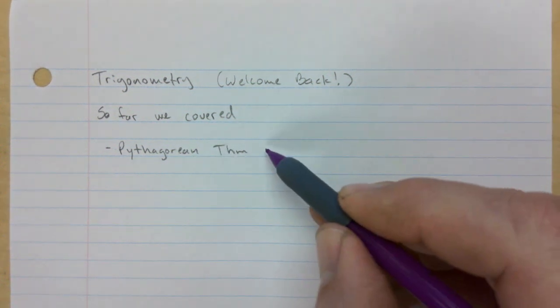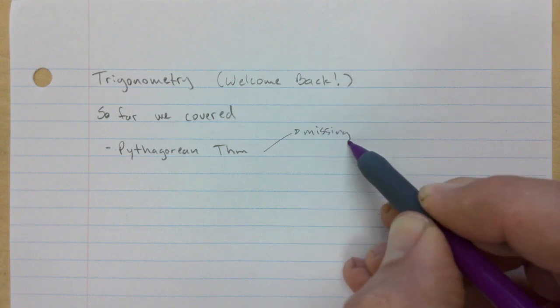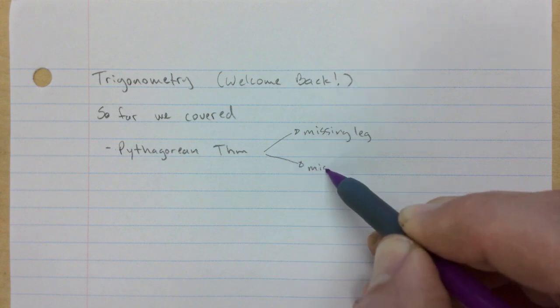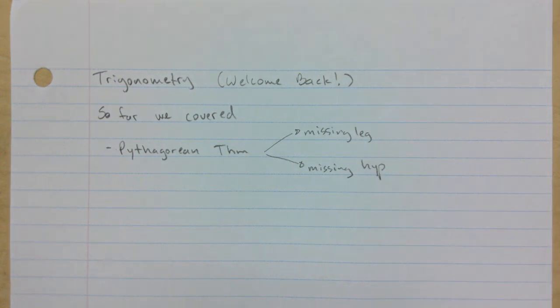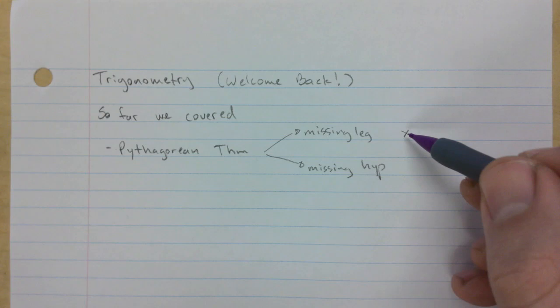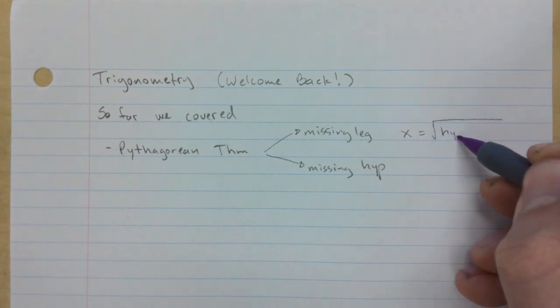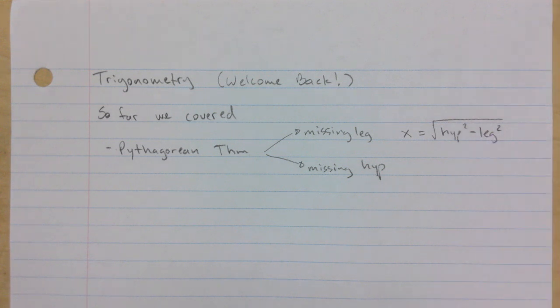Right, and we talked about what I call the missing leg, and the other situation is you're missing the hypotenuse. Right, so if you're missing a leg, then to find that leg, you would just take the square root of the hypotenuse squared minus the other leg squared that you know. Okay,